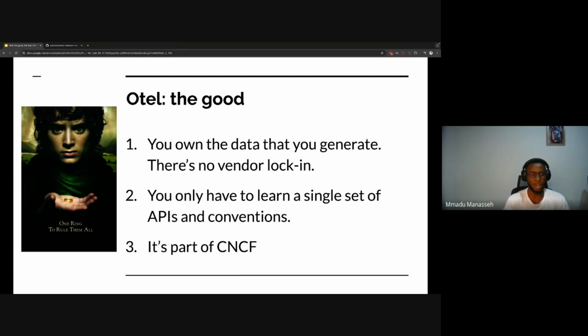And in this era of change, things are always changing. You want that flexibility as a company. You want to be able to say, my bill is too much for Datadog, I want to go for a cheaper solution, or I'm looking for a more robust solution, and I want to go for something else. And with the current setup that most organizations have, you cannot easily do that.